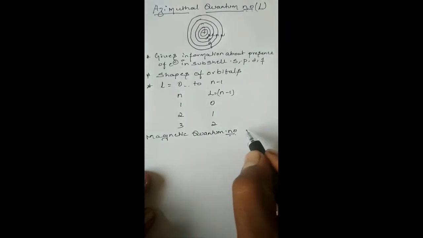The magnetic quantum number is denoted as ml. In the magnetic quantum number, what it tells us is the orientation, meaning the atomic orbitals move in different orientations. You see, for example, if you take